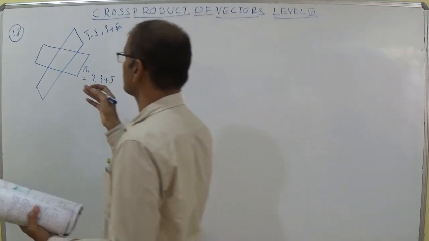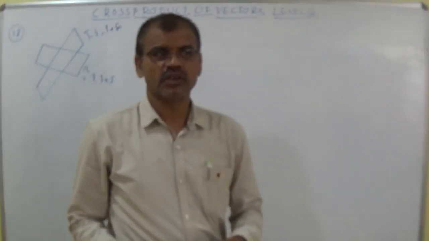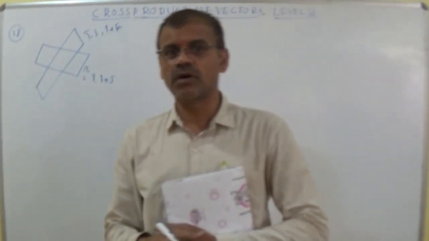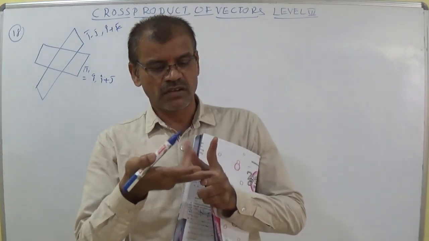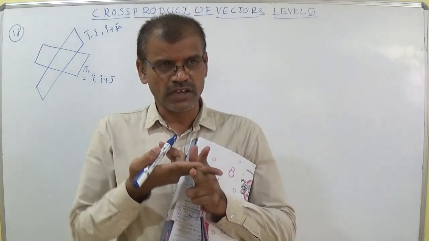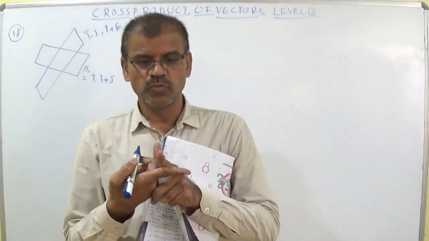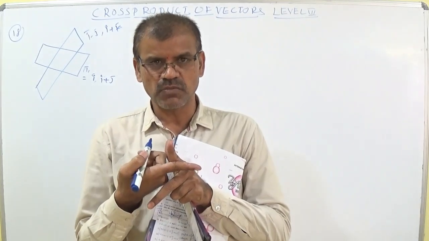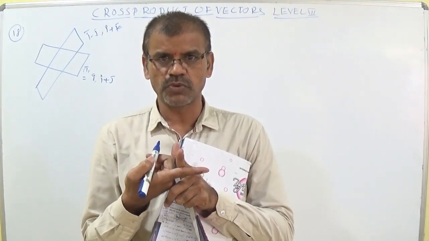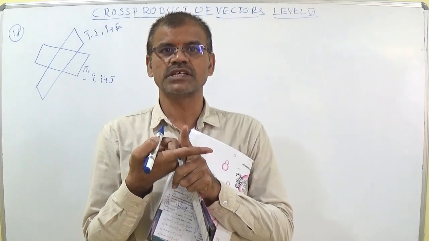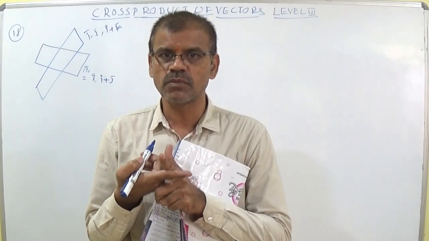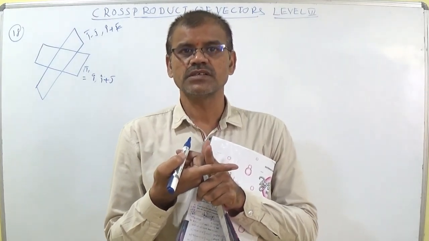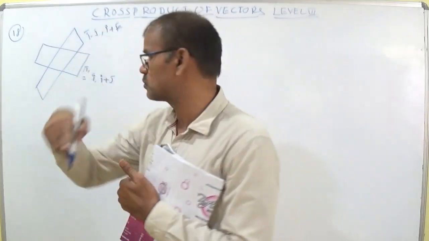Whenever you go to the botany lab or zoology lab in the biology lab, you see a slide. Just try to understand the slide: put a slide and inside it another slide. You may not know whether it is a small slide or a big slide, but you take any slide, no problem. You can understand that the two slides are intersecting. The student can think that slide 1 is plane 1 and slide 2 is plane 2. In slide 1, you take a unit normal vector outside.